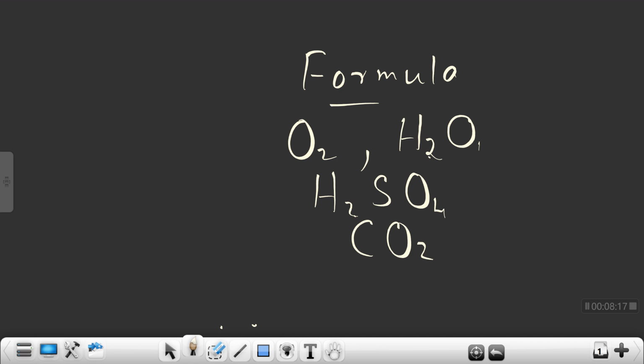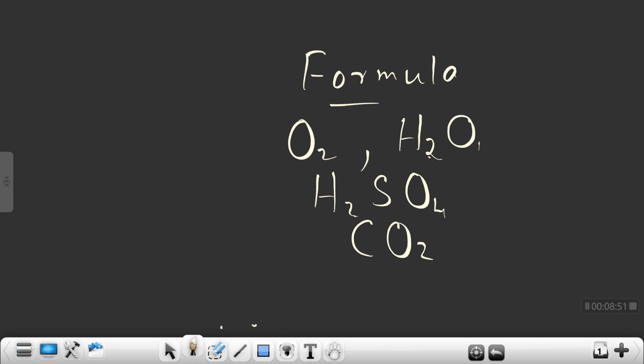So, from the formula of a given molecule, we can understand which are the elements present in the given molecule and the number of atoms of each element and the relative atomic mass. So, formula represent the different elements present in the molecule, number of atoms of each element, and its relative atomic